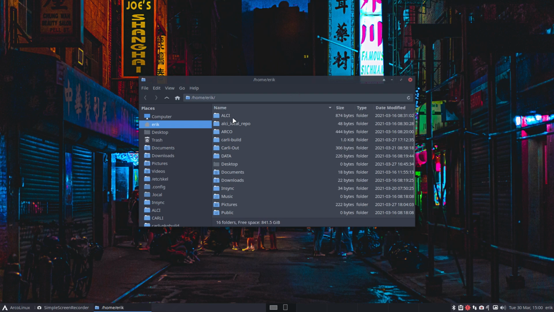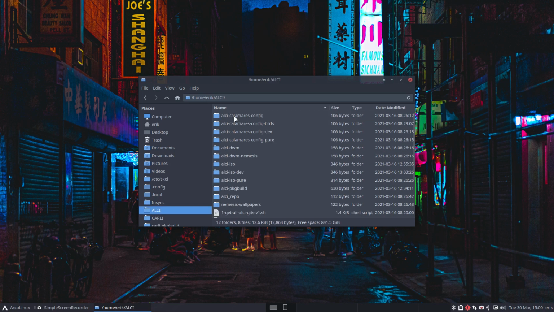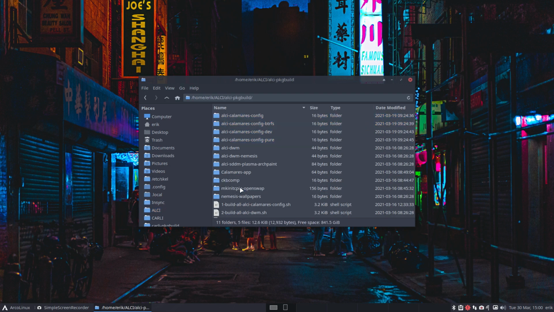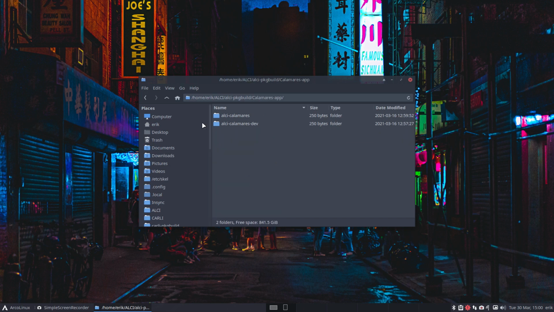The topic is, which one do I do first, right? Carly or ALCI? Both of them need an update for the Calamares configuration. Well, remember, there is the configuration, which is the data files, and there is the application. I'm talking about the application that needs to be updated. So it's not the config, which is in etc/calamares. It's actually Calamares itself that I need to update, and that's, I guess, in here, Calamares app,